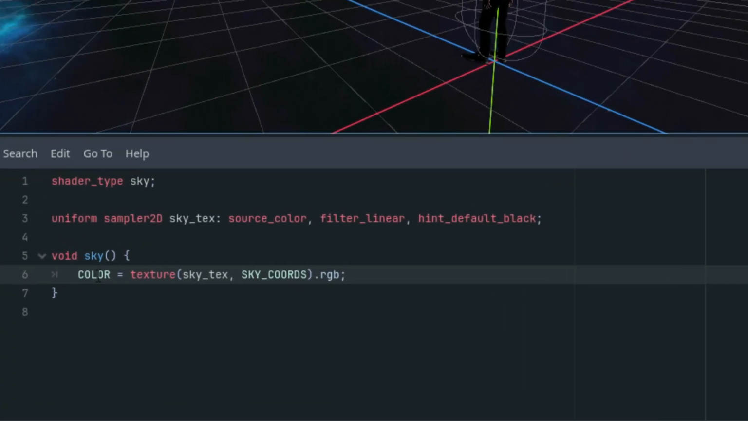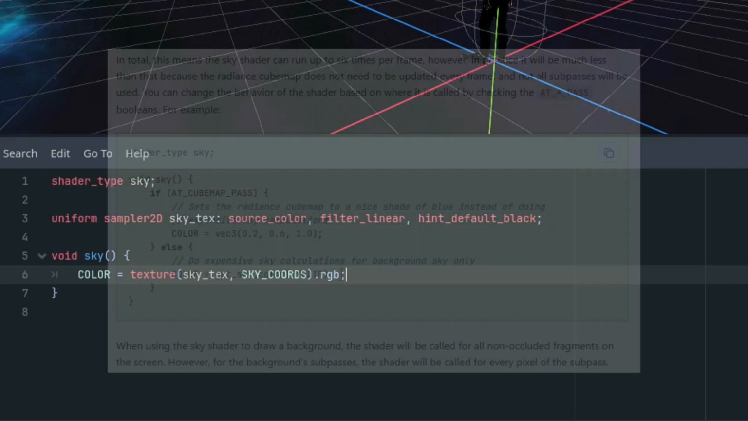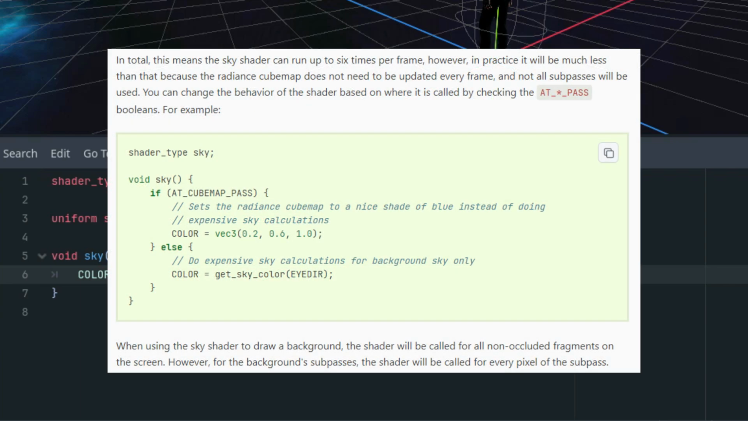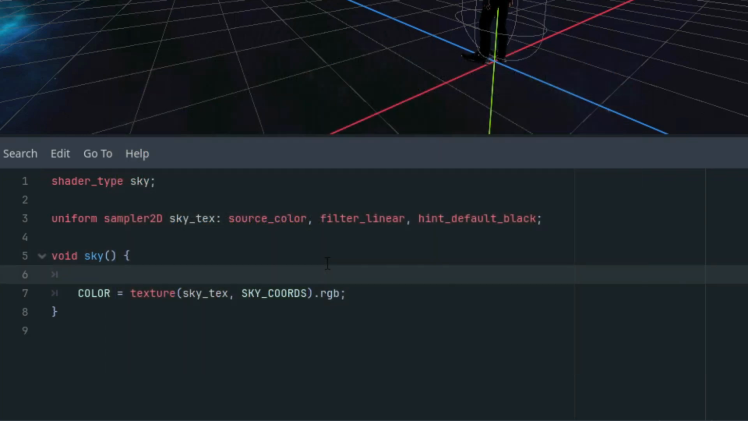Okay, note that color is vector 3 in this case, as the sky shader does not use an alpha channel. That's why we are using the RGB suffix right here. By the way, the documentation states that the sky function can be called up to 6 times per frame, which could be too demanding on performance in the case of complex calculations. Therefore, we'll enhance our code with the following condition, which is also based on documentation, as you can see right now. Let's do it. If